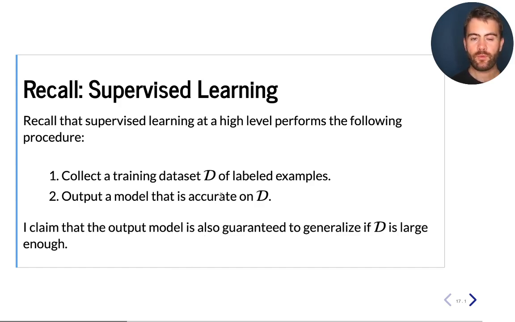So I claim that this procedure will also return models that generalize well to unseen data if D is large enough. And in the next two slides, I want to sketch a mathematical proof for why I think this is true. If you don't follow exactly the details of this argument, this is not critical for understanding the algorithms that we're going to define later on, but it is an interesting fact about machine learning models